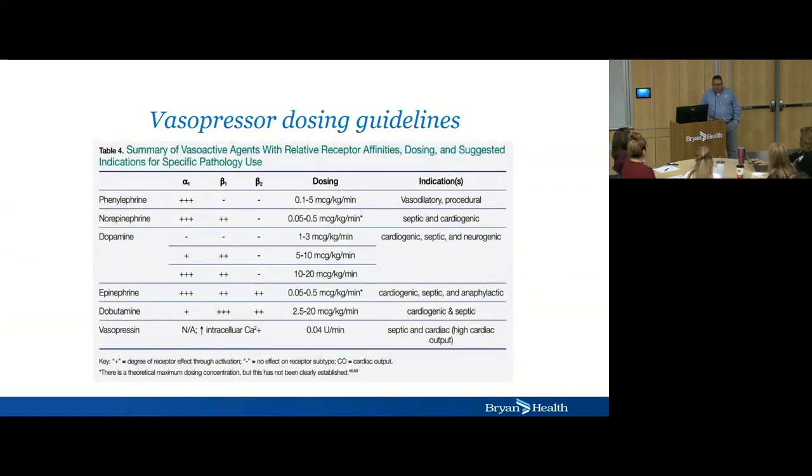If they know the weight, they can do the backwards math and figure out that 10 mics a minute for a 70-kilo patient would be equivalent to 0.15 mics per kilo a minute or whatever. So don't worry about that too much. Do what you're comfortable with, and get these patients transported to a higher level of care as soon as possible. That's going to be the biggest challenge that you may face out there. So I just want to reiterate the importance of getting them